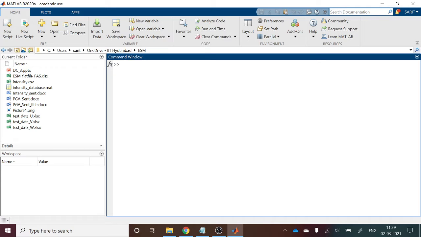So for that, what we have done is we have enabled the SSH connection, that is, remote access connection to MATLAB, so that from home, or anywhere in the world, you can access MATLAB. But the main disadvantage with the SSH connection is that you won't find this type of graphical user interface. The only thing you can see is this type of command window. Whatever you write in that is executed, and the output you will get here itself. You won't find any current folder or workspace, only this command window.